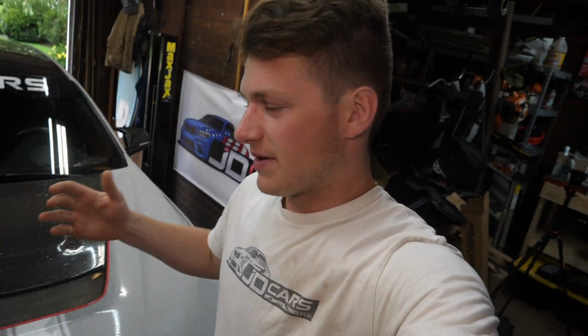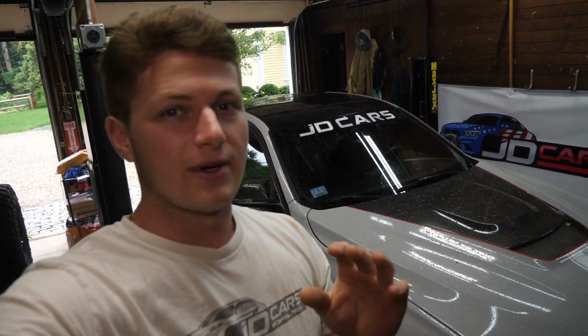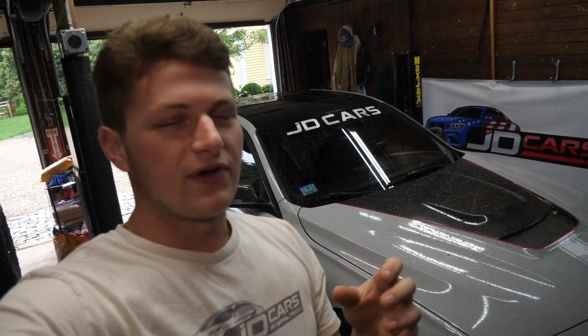So as many of you know, I've been having some issues with the BMW F30 here. I do have the N55 engine in it, and originally I thought I had a high pressure fuel pump issue. We replaced that with a Dorsch Engineering Stage 1 upgrade, and I'm glad to have that upgrade installed, but it didn't resolve our problem. And after further diagnosis, it appears there's way too much vacuum on our oil fill cap,